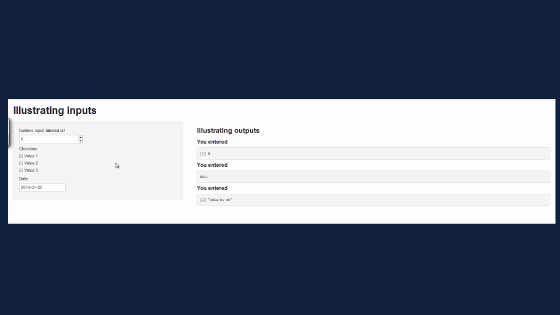Okay, and here it is actually live. So in my RStudio, I typed runApp in the directory that contained this code. This code is in the GitHub repository, and you can see as I enter a numeric input, as I increase it to 5, it's changed to 5 over there. I check value 1, value 2, value 3, value 2, value 1. I can grab a new date. Okay, so that's showing you how you can get from your inputs to the server, then back to the